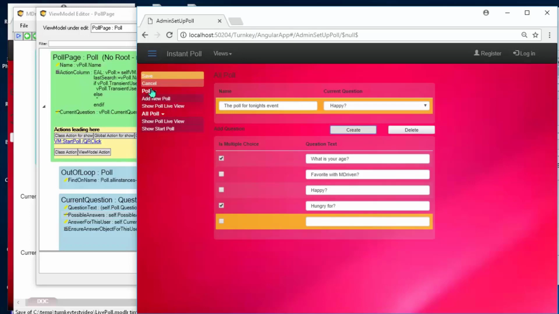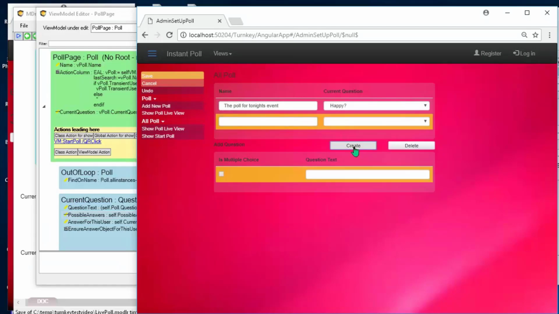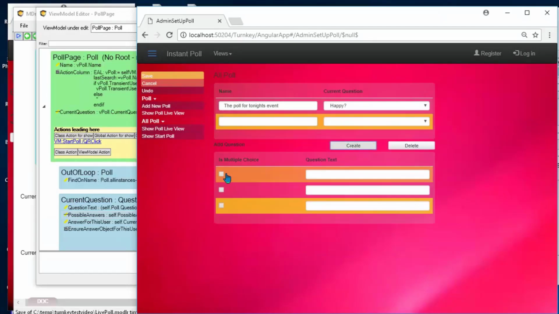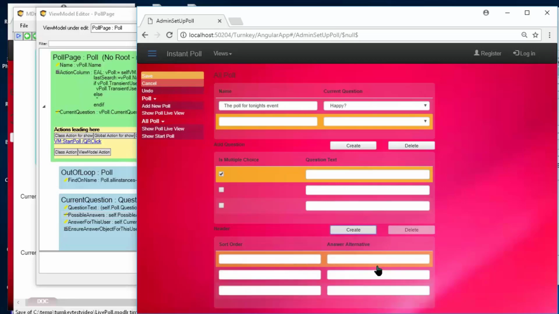Well, rather I should add a new poll. And once I have done that, I can add questions. And if this is a multiple choice question, I'm able to create the answer alternatives and just fill things in.